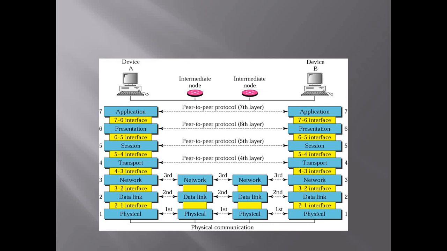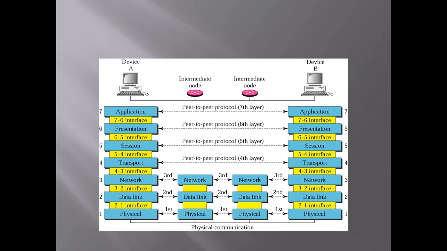Why are they involved? Because they are needed to get the addresses of each other. The data link layer will get the physical address of device B as well as device A, and the network layer will get the IP address, or the logical address, of device A as well as device B.